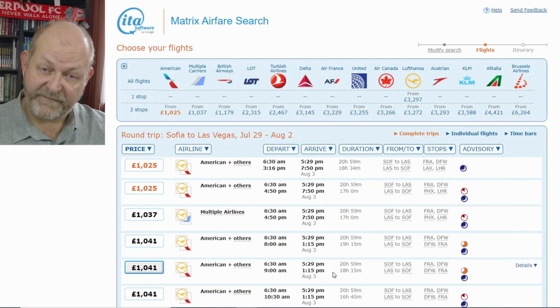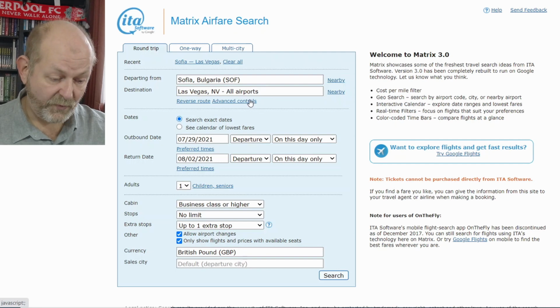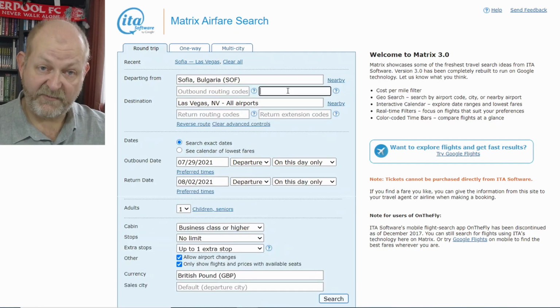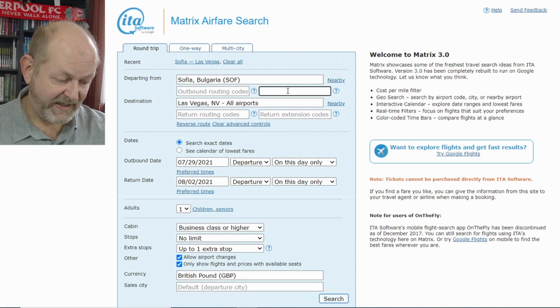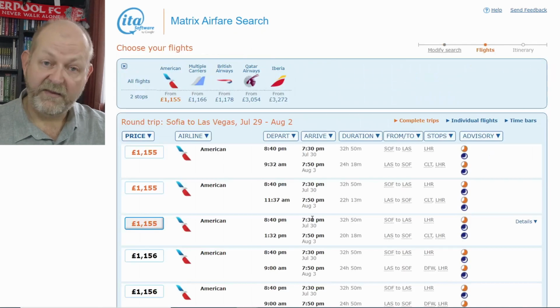The BA fare we found isn't actually the cheapest way of getting between those 2 cities in business class. That will give you some idea of the power of this tool. So click back and we'll add some more filters. Click on advanced controls and we'll get 4 additional boxes, and this is where we optimize. First of all, add Alliance One World to the outbound and return extension code boxes, then click search. There you go,